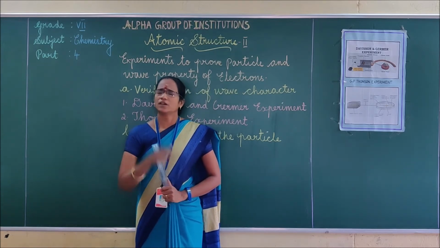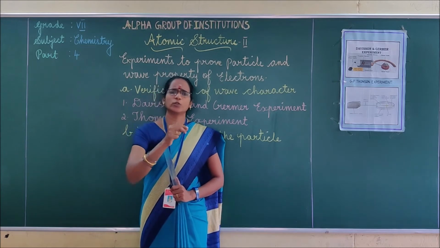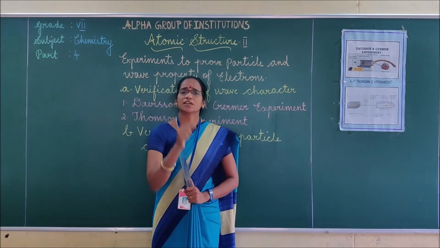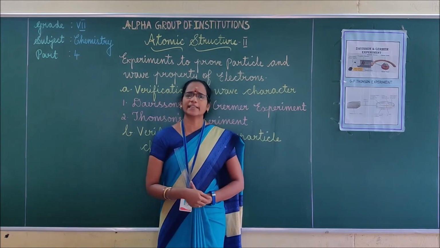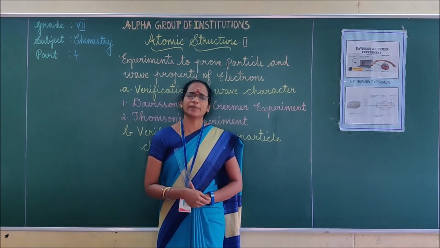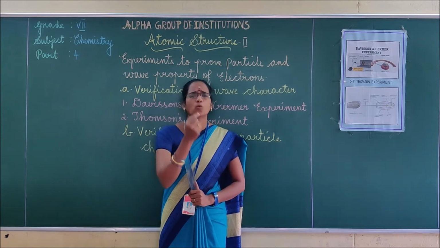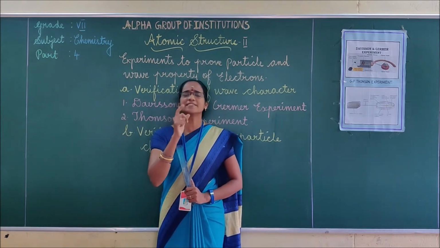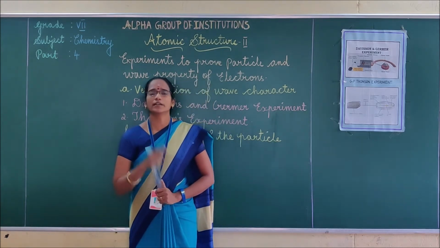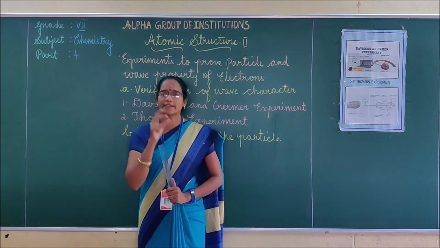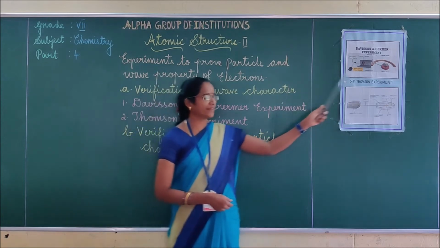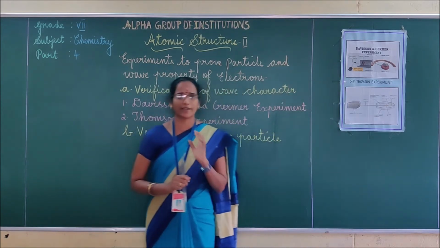Malleability means metals can be beaten into very thin sheets. This property is called malleability. Whereas ductility means metals can be drawn into thin wires. So this tendency of the metal is called ductility. Nickel crystal has all these properties. That's why it is used in the Davisson and Germer experiment.